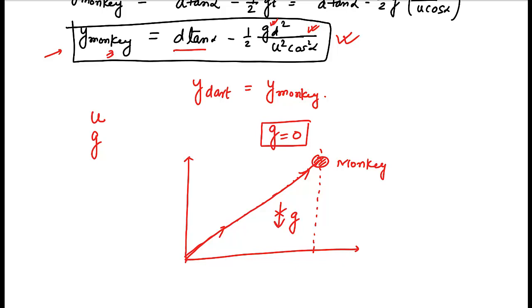So in this video we learned how to solve a problem related to collision of two projectiles. In that case, what you have to do is first equate one of the coordinates and then find the time or any other variable, and then using that variable see whether the other coordinates are equal or not, in this case the y-coordinate.